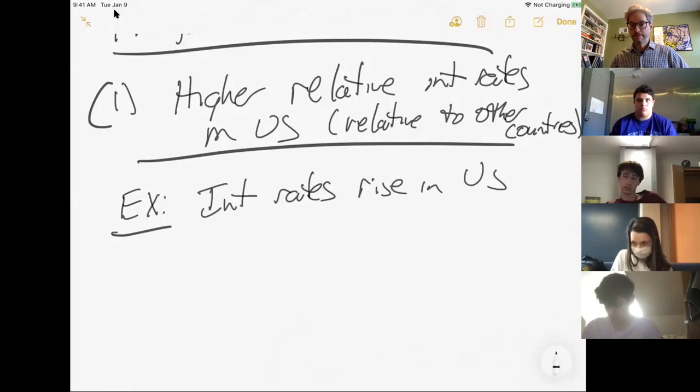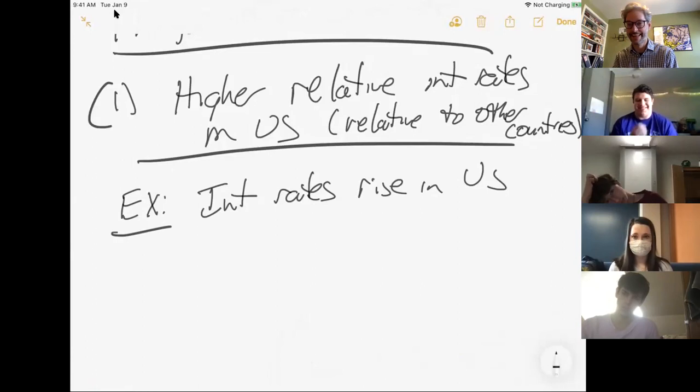How's that going to impact the value of the dollar? Well, it's going to change the demand for dollars. Does this make holding dollars more attractive or less attractive? Less. I hear a less. I'm not writing it down. What does that tell you? No, it makes it more attractive. More attractive. Why? Because what can you do with that dollar?